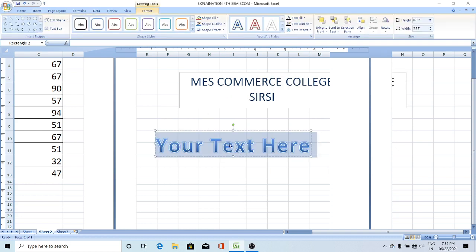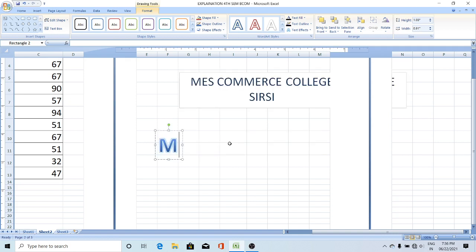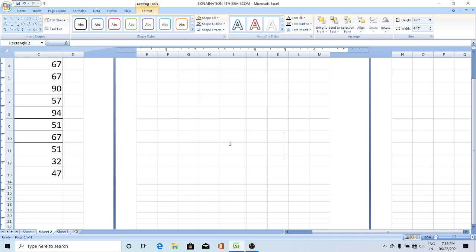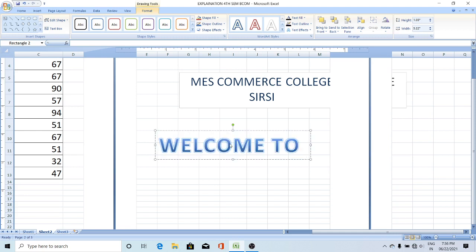I'm inserting information here. I'm inserting the text here.